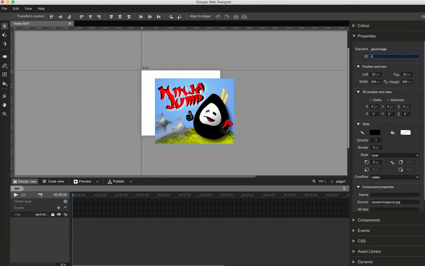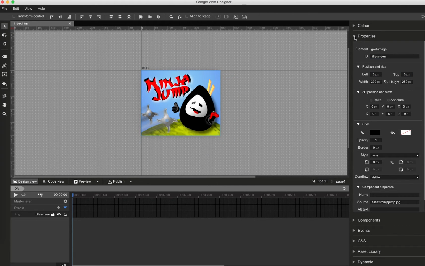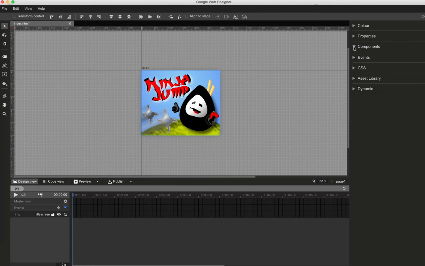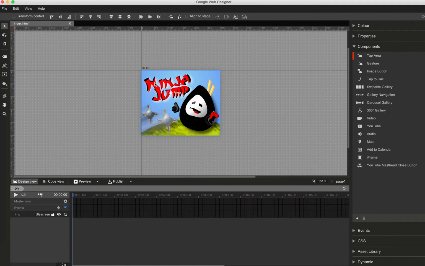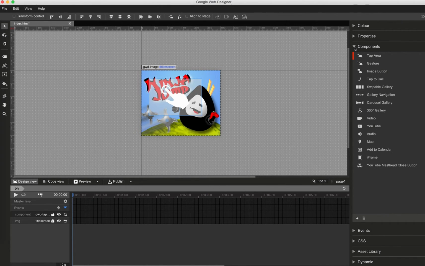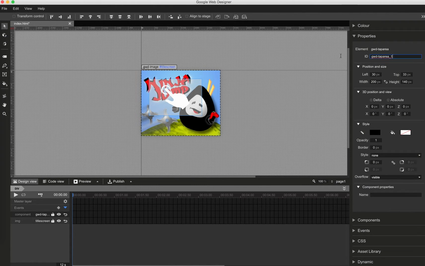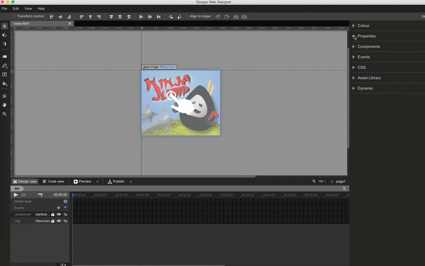I drag and drop the image on the stage. Then I drag a tab area on the stage above the image, adapt it to the size of the whole stage. And then of course add an event. This is just a basic overview for each game. Page 1 will be the splash screen. Page 1_1 will be the whole game. So now I create page 1_1